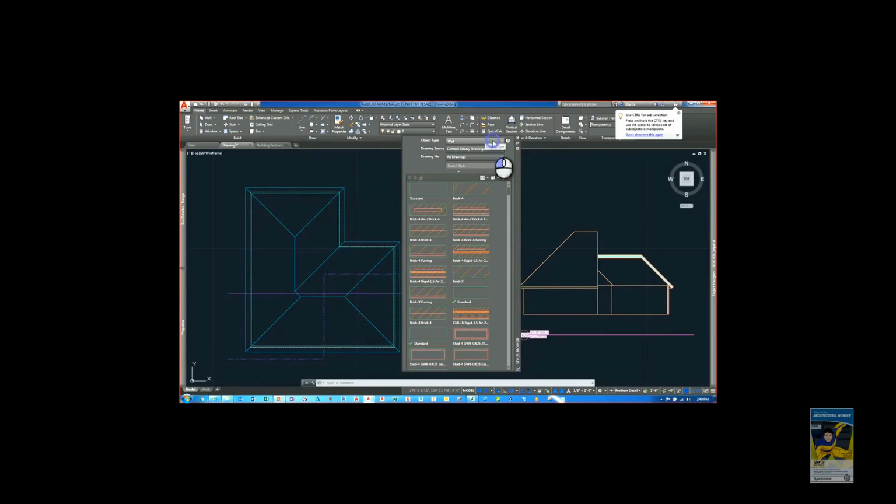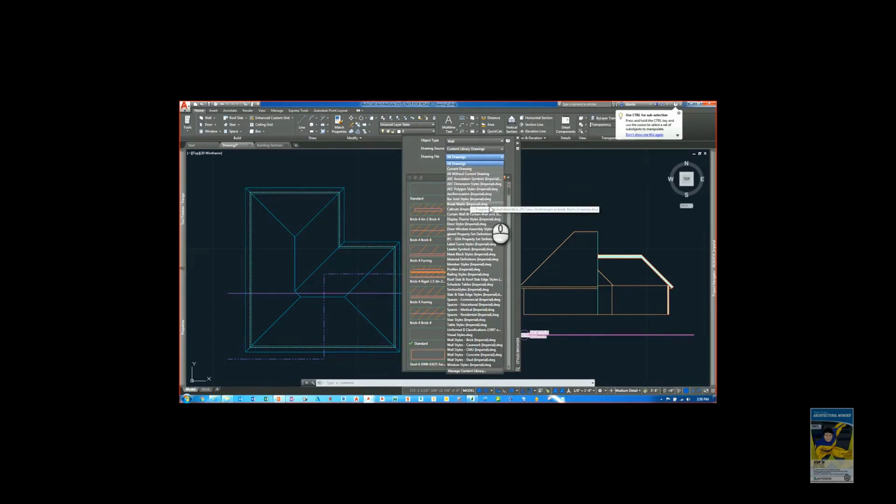When you select the pull down, your menu will drop down, and you can very quickly, easily see how it's organized a little bit better than before. You can see that you have a Drawing Source pull down as well. So you can choose between the content library drawings or the project standard drawings or any currently opened drawings. When you're looking at the drawing file drop down, you're going to see your current drawing and any other style-based files